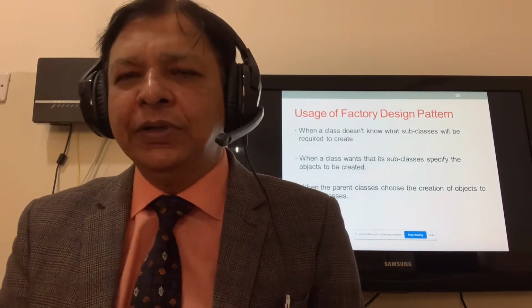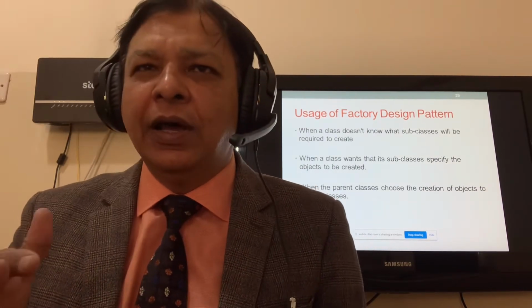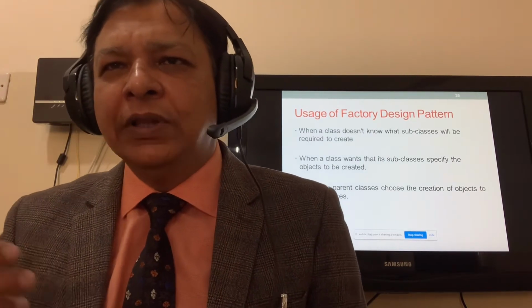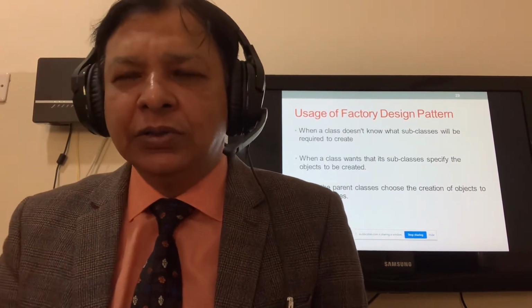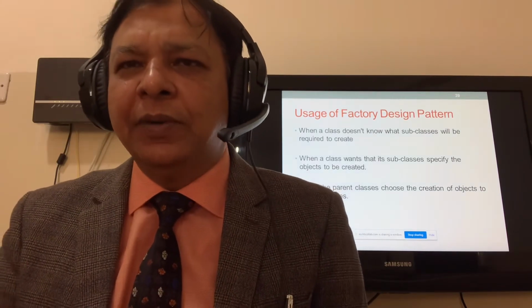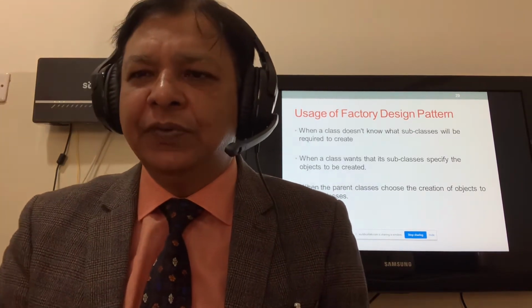So there are different usages: when the parent class doesn't know, or when it knows what objects are created, or when the parent class allows selecting which objects to create from the child classes. So these are the three different types of usage for the factory.